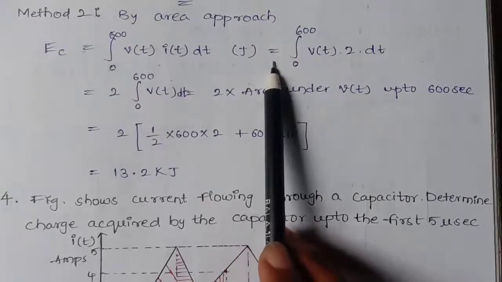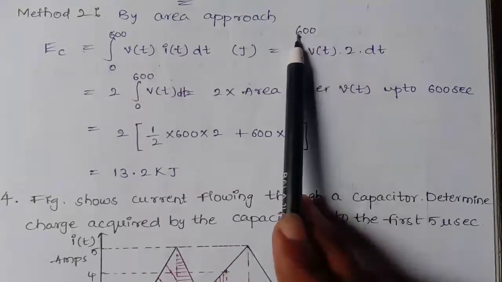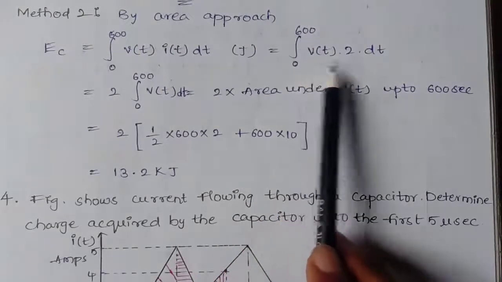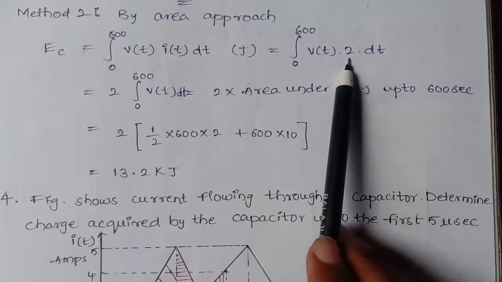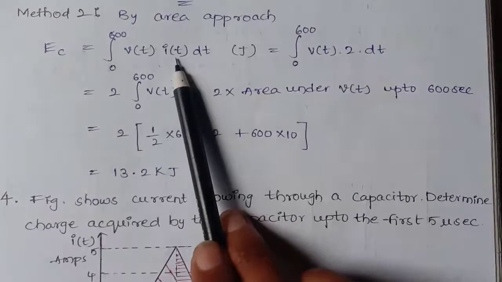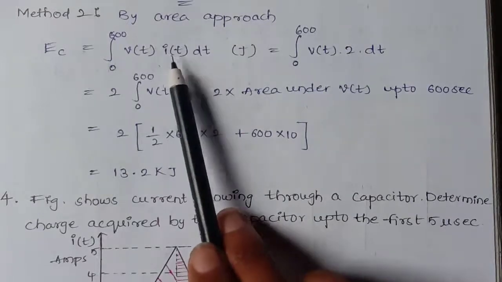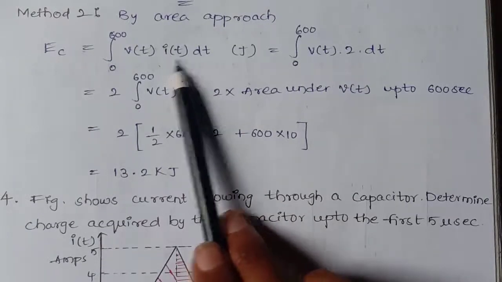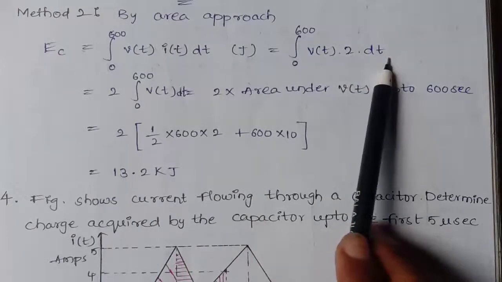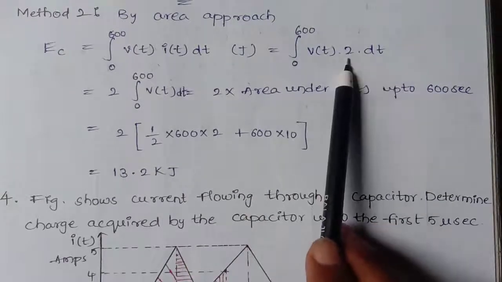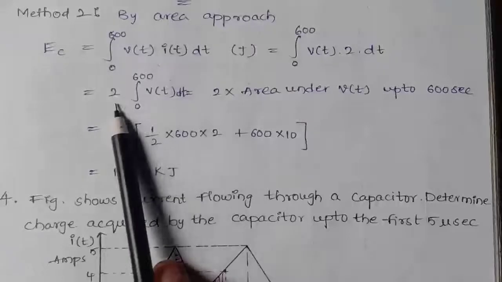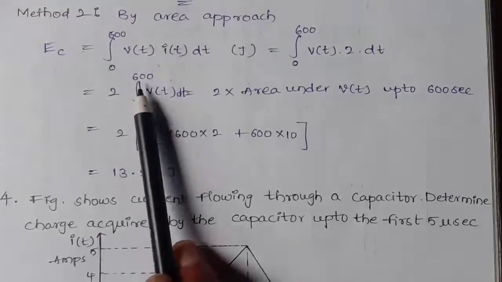So it can be written as the integration from 0 to 600 seconds of v of t into the constant current of 2 amperes, dt. This is a constant, so take it out, and we get 2 into the integration from 0 to 600